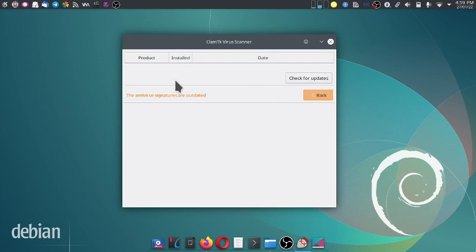Here in Debian KDE, everything is working perfectly. If you want to check for updates manually, you can check from here. I will check. It will take a few minutes.